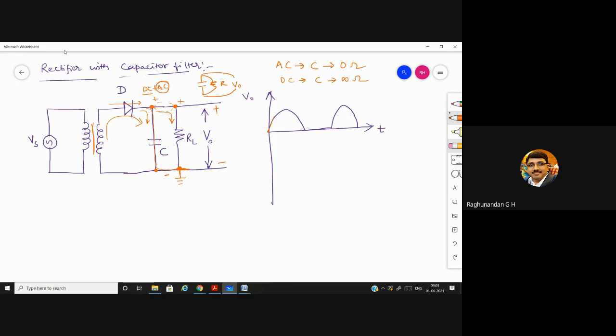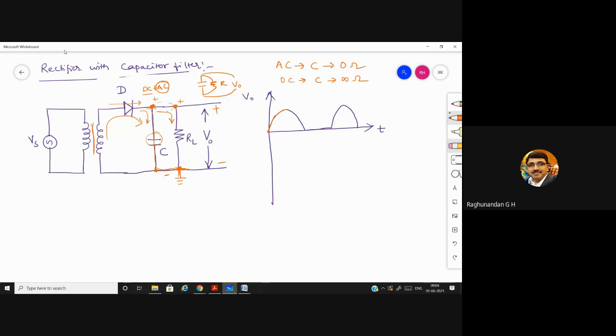The red color line, whatever I'm showing now, is the capacitor voltage, which is increasing. The voltage appearing here is utilized to charge the capacitor, or the current flowing through this will be utilized. See here, the entire AC current will pass through the capacitor and reach the ground. The DC components present here will get filtered and stored in the capacitor.